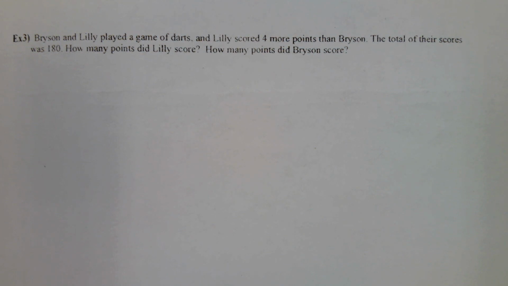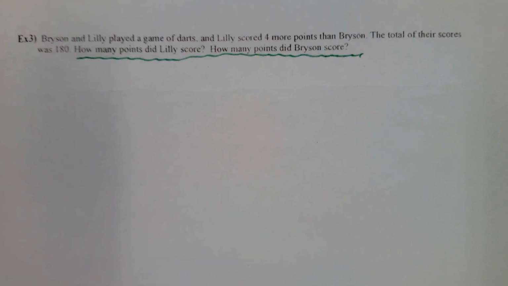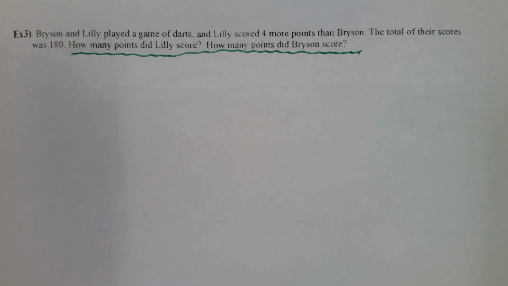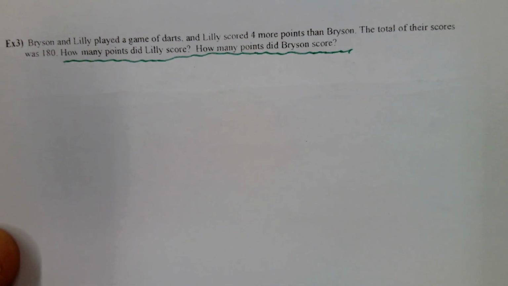Okay, number 3. Bryson and Lily played a game of darts. Lily scored 4 more points than Bryson. The total of their scores was 180. How many points did Lily score, and how many points did Bryson score? That's what we have to answer. Okay? So, what is X and Y going to represent today? X is the points that we scored, and then Y